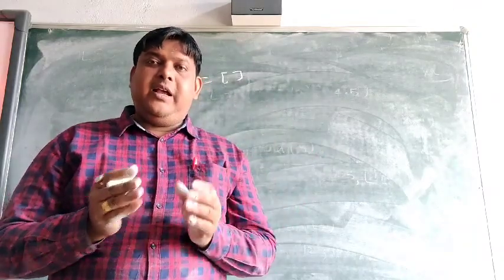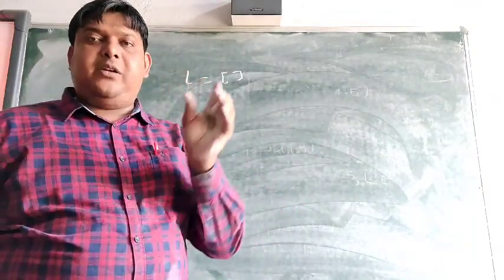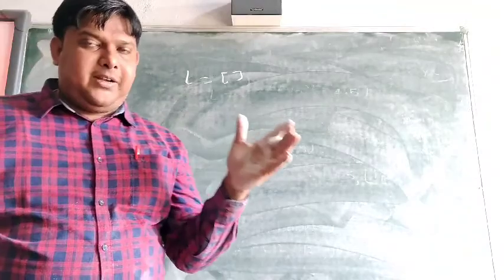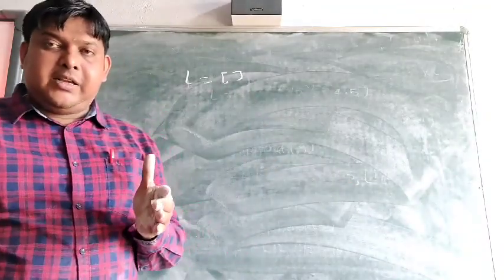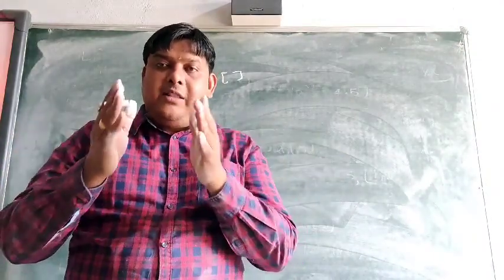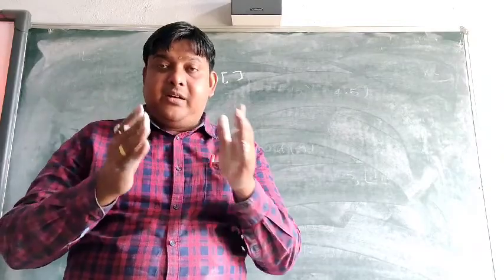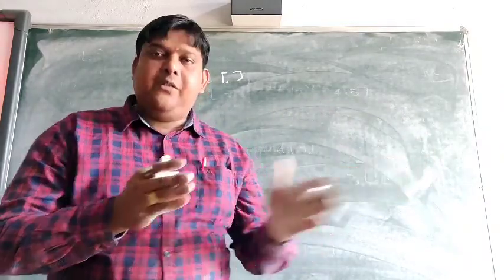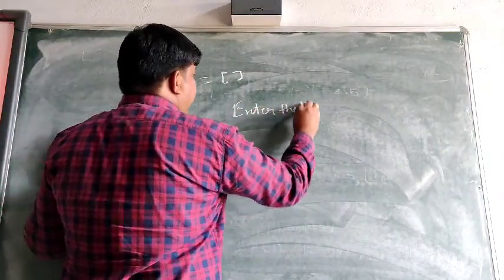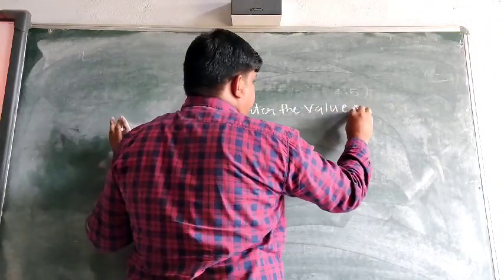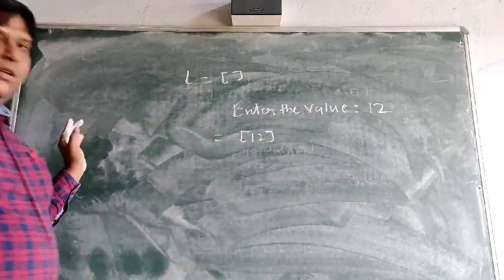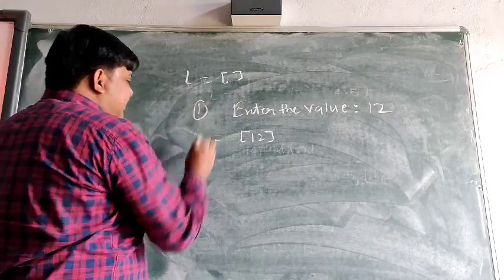If you want, I may ask the user to enter one value, and whatever value the user has given, it will be added into the list. Then I have a different way. I want the user to give some value in the form of a string, and all the values get added into particular indexes. Clear? For example, suppose you ask to enter the value, and the user has given 12, and you want it to be added in this format. Clear? The first way.